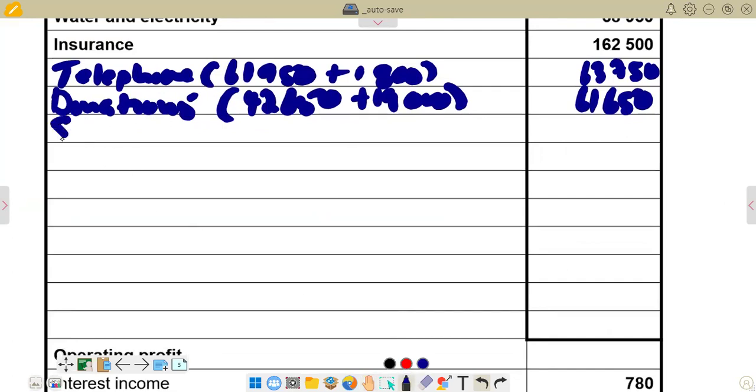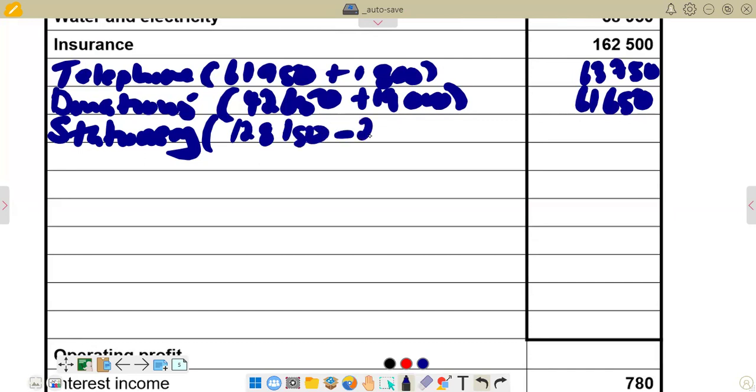So here we are saying stationery, and then in brackets, we are saying the amount that we are given in the list of balances is 128,150, representing stationery that was bought. Then we subtract the drawings of the stationery. Then we subtract the figure that we had at the end of the year, which is 2,100. So this is what we give. So we'll calculate it correctly. We are going to get,